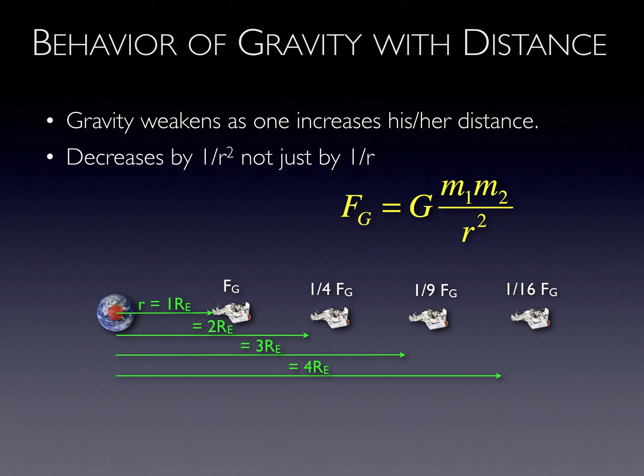Consider the following scenario. Suppose the Earth were being compressed to a smaller volume. Assume that the Earth retained all its mass during this process and it was only becoming denser and denser. Suppose too that the astronaut was able to somehow maintain a distance of 1 Earth radius from the Earth's center